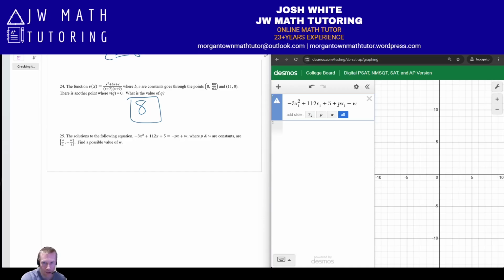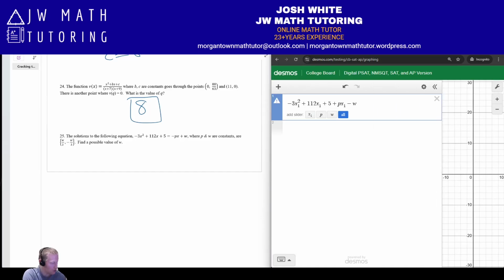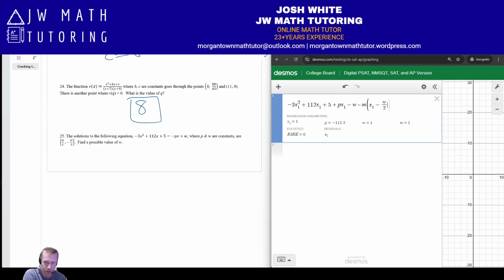All right, then, again, we're going to use regression, and we are going to regress this to its intercept or factored form. And the two intercepts are, basically two solutions, really, are w over 2 and minus w over 2. So that means one parenthesis is going to be x1 minus w over 2. The other one is going to be x1 plus w over 2. Okay. I can't quite do this yet,